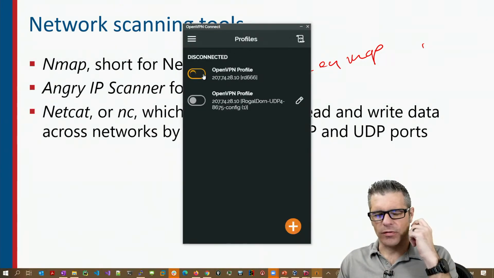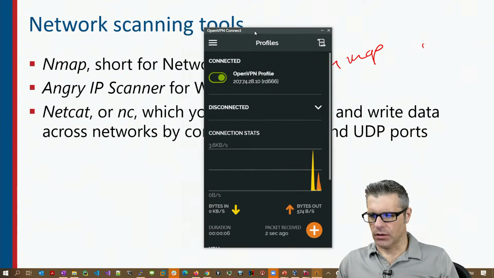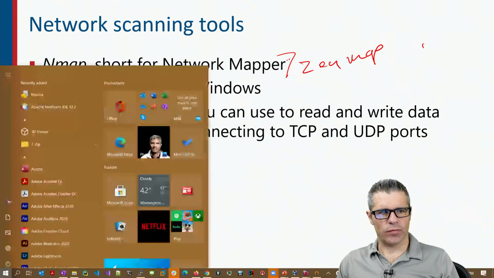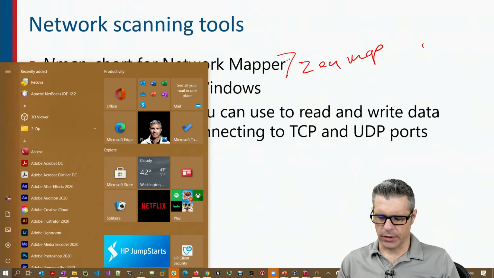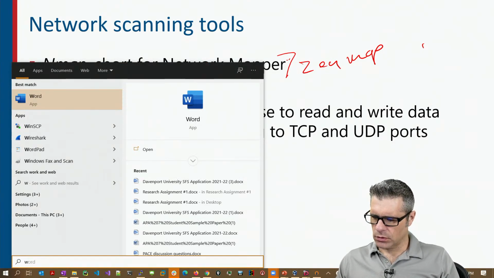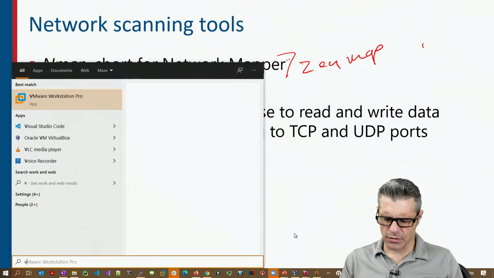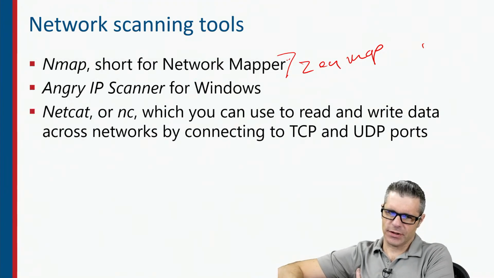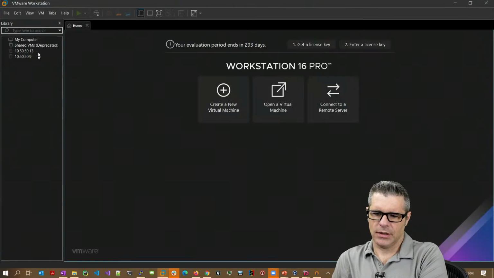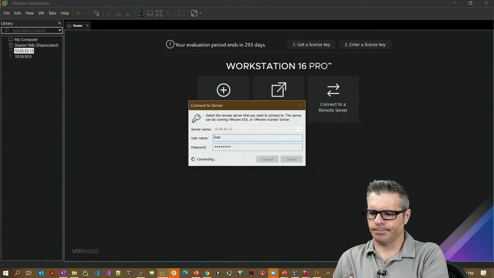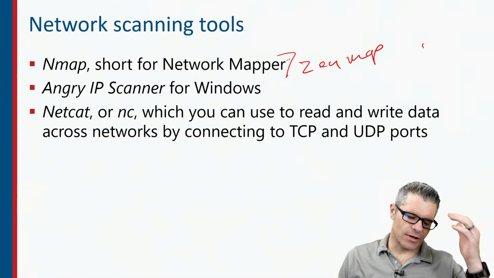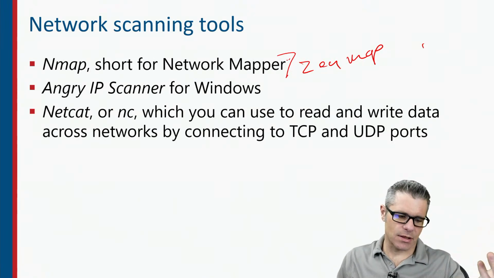Have you guys seen the Windows equivalent of Kali from our friends at Mandiant? It is called the Commando VM. Now, let me pop it up for a second. I think this virtualization software. We'll see if my VPN's functioning today. Looks like I need to reboot, and I'm not doing that. But Angry IP Scanner is like one of the ones you might use if you were using Mandiant's Commando VM